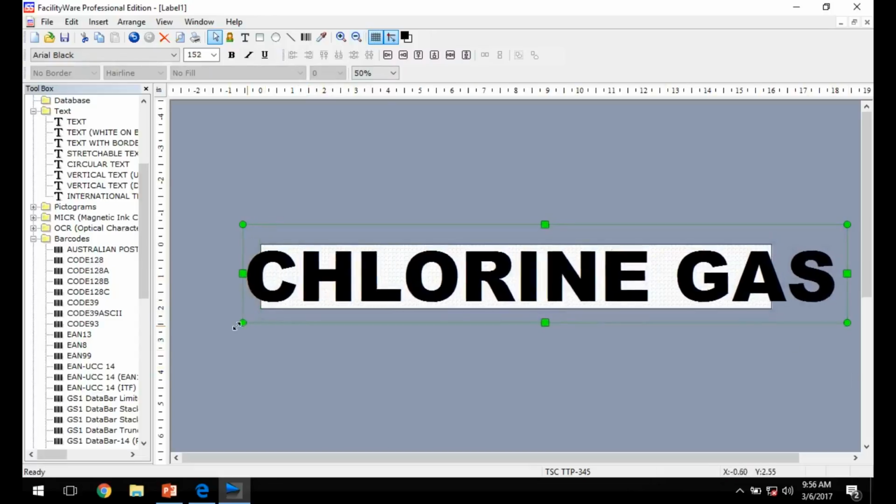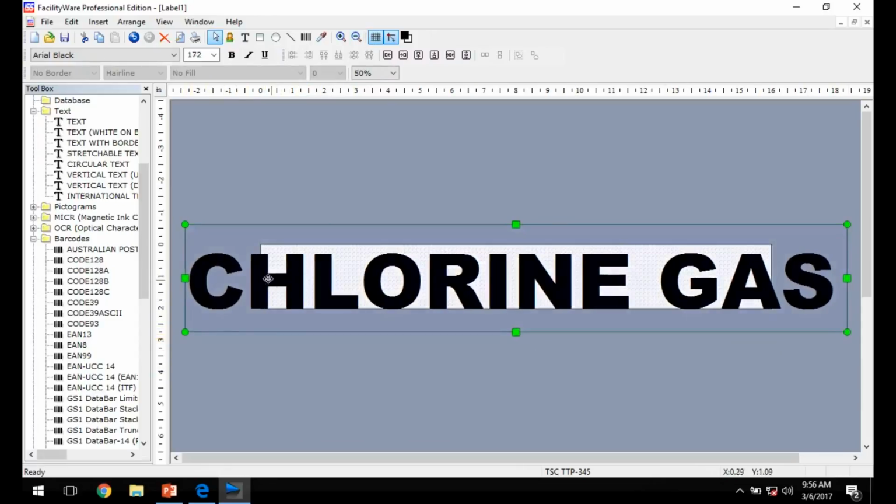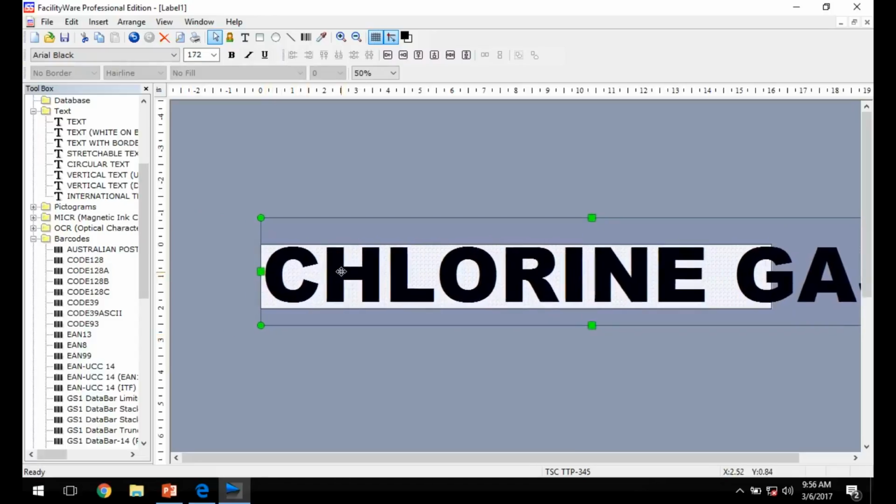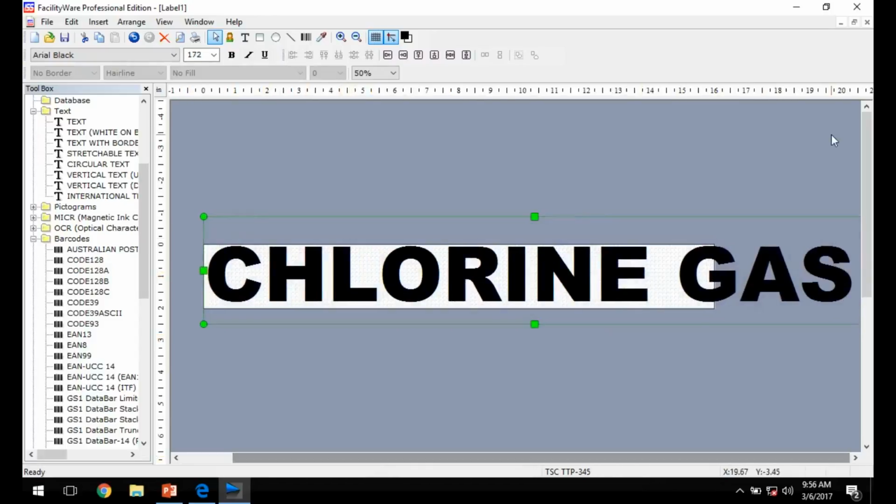Now you can see here that to get full height letters, I'm going to need a longer label. If you look at the toolbar, the ruler at the top of your label, there's one on the left and one at the top. You can see I need one that's a little bit more than 20 inches. So all you have to do in FacilityWare, and you can do this while you're working on the label,